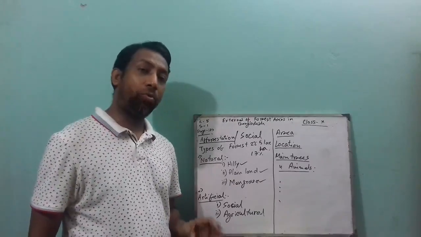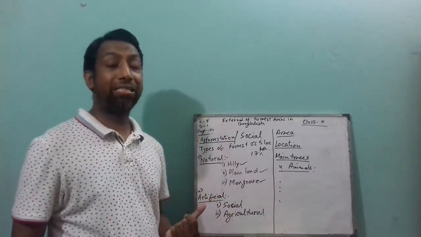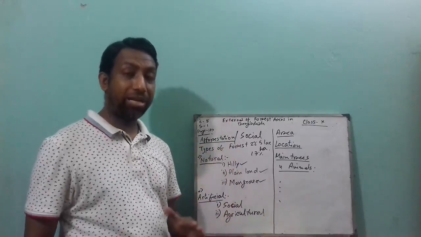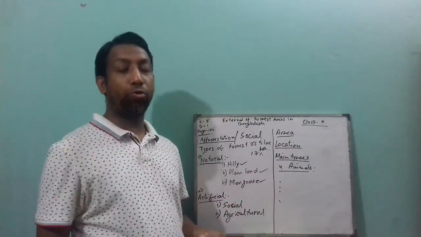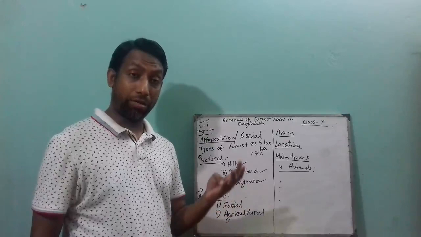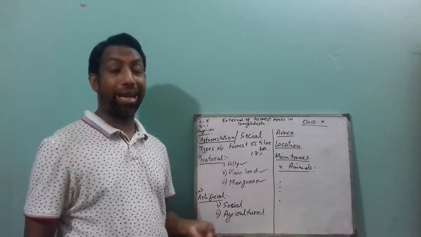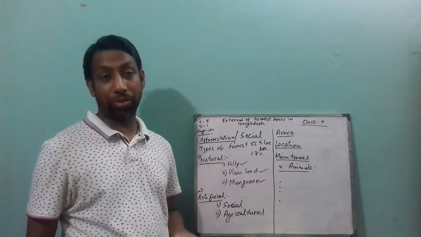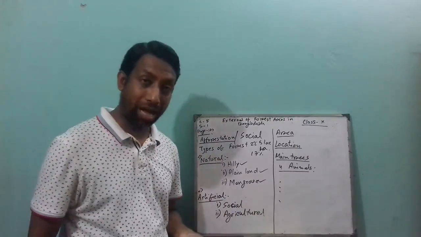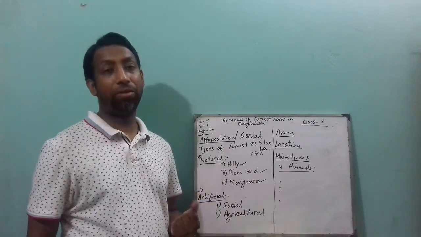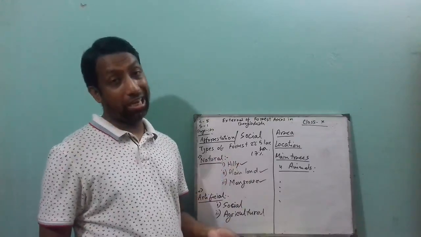In your exam, when they ask you to describe hilly forest, sometimes they ask you to analyze the importance of the forest. So you have to write like that. The importance of this forest is that we can get fuel wood, bamboo, furniture wood, fruits, and animals, sometimes wild chicken or wild cow as well. This is the description of hilly forest.